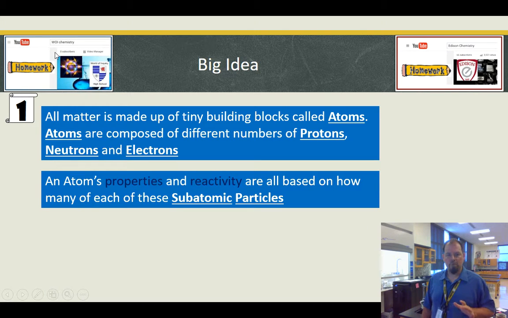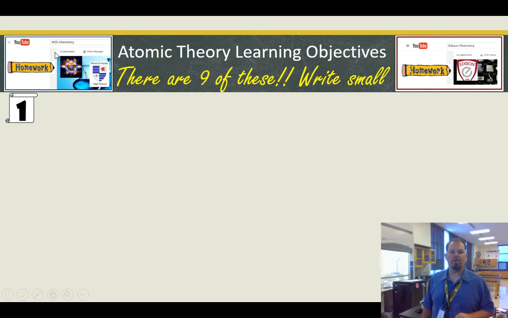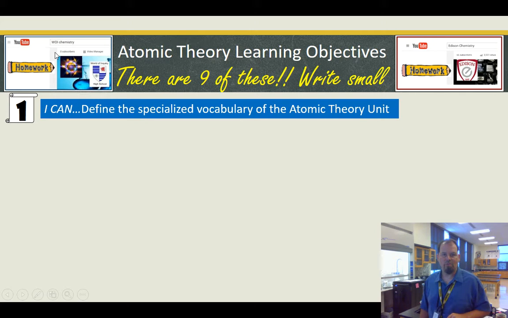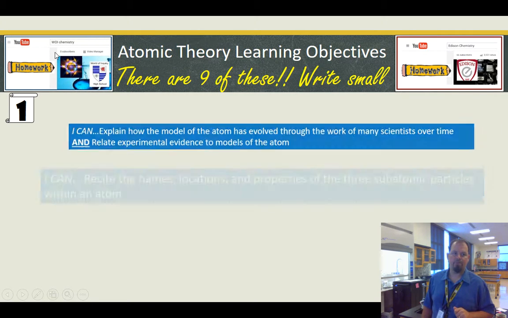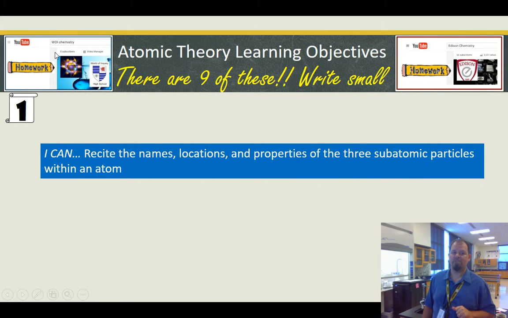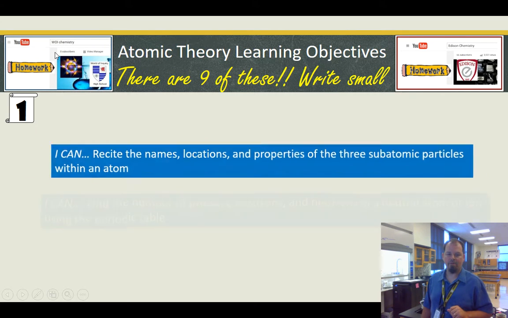Okay, good. Learning targets. There are something like 9 of these, so write them small. Ready? You can define the specialized vocabulary, so that'll be next video. We'll get into vocab. Explain how the model of the atom has evolved over time. There's many of them, and some of them are very important to us. Especially the experiments that help us understand why they are what they are. I can recite the names and locations and properties of the 3 subatomic particles. We need those,